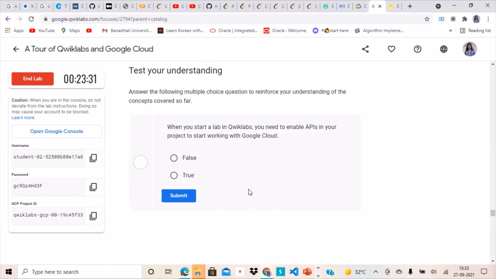Else you can start working in the project without any APIs, right? And you do not need to enable any APIs when you start working on the labs with Qwiklabs because it already provides you few APIs enabled, right? So you will click on false here.